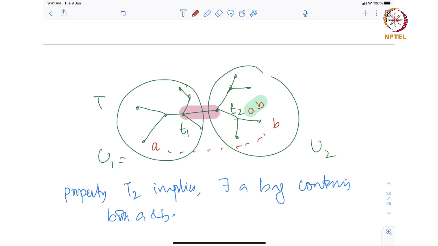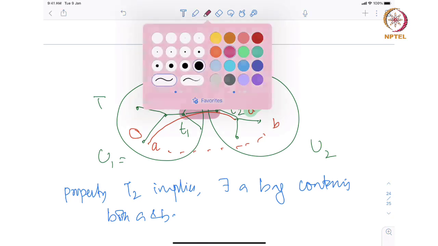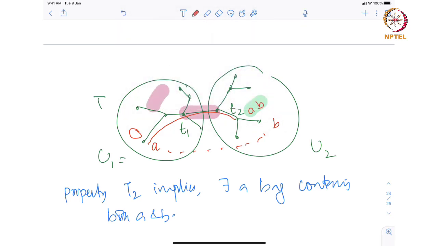No, there is a bag here that contains A and there is a bag on the other side that contains A. It means, look at the unique path from here to here, all these bags will contain A, otherwise the bags containing A cannot be connected. Okay. Or similarly, this bag could have been, if this bag is say here and suppose A and B is here,